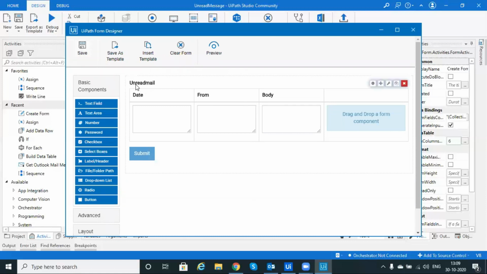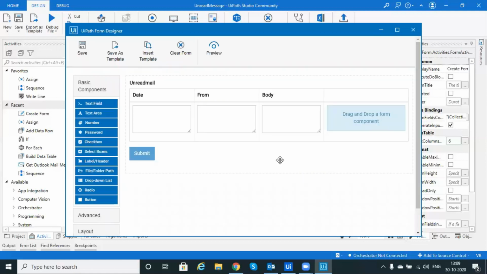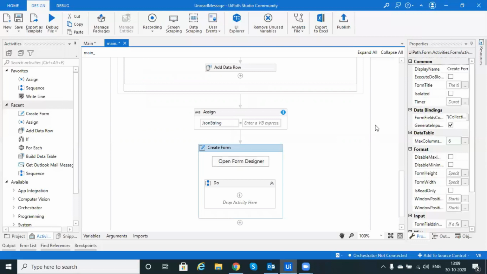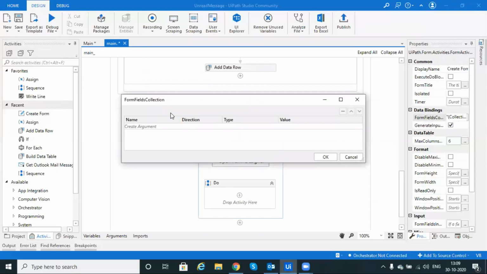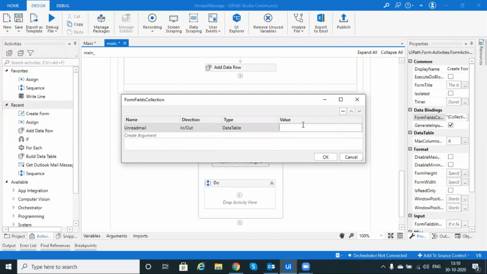You have to copy this one, unread, copy this one, unread, and you have to mention it in Create Argument. Direction is In and Out, data type is DataTable, and here you create one variable called v.